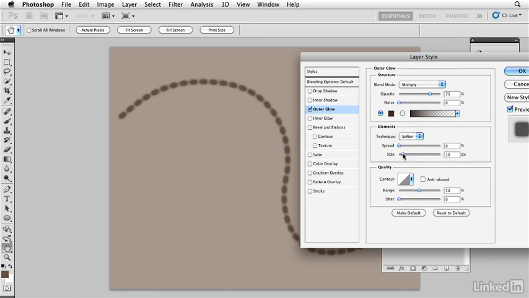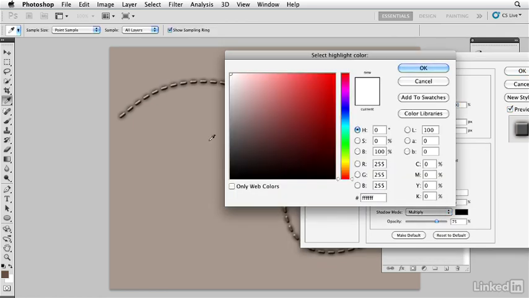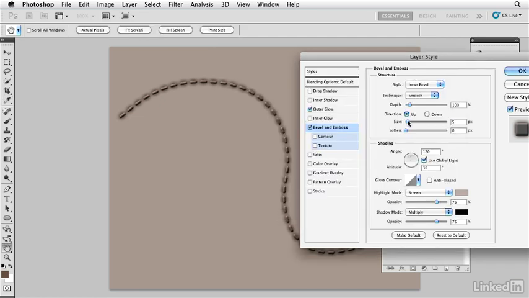So I'm going to go in there and increase the size a little bit and maybe lower the opacity just a little bit. Then I'm going to go to the actual stitches and say give it a bevel and emboss, which is going to give it that nice little raised section right there. And that white is a little too strong, so I'm going to pick up this color here and lighten it up just a little bit, just so I get a little bit of a highlight there. Bring the size down just a little so it becomes just a little edge. Bring it down to about, say, 2, so I get just a little edge on the string, and click OK,